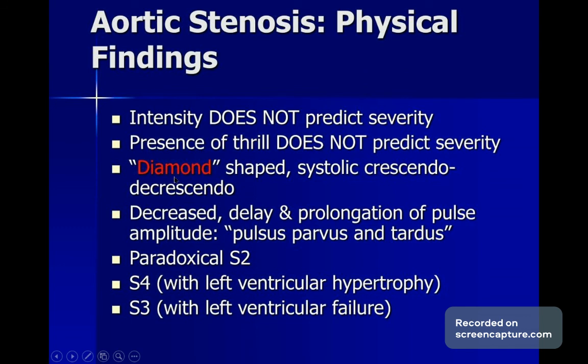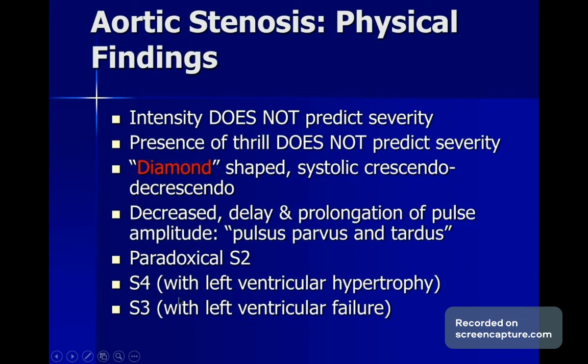While in cases of aortic sclerosis, usually these murmurs are more appreciated in the upper part of the right parasternal border, and they do not radiate in most of the cases. And there will be, because the heart is failing,